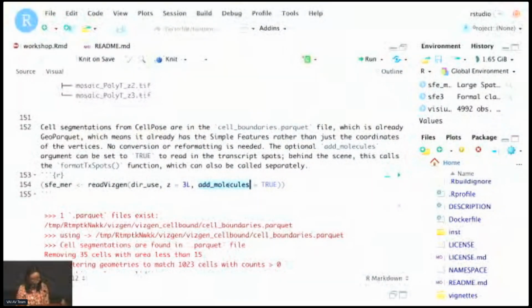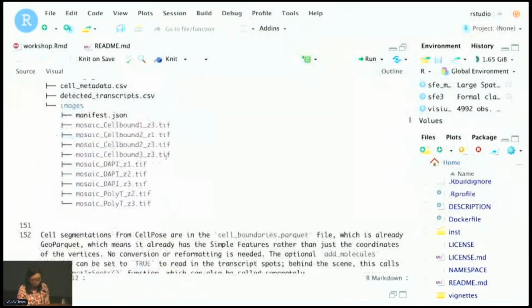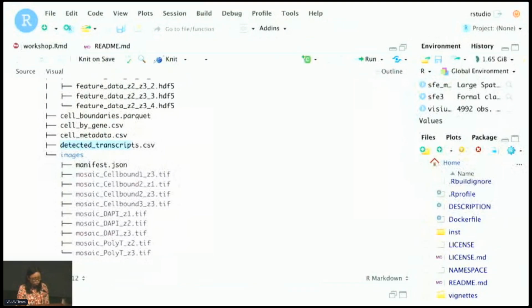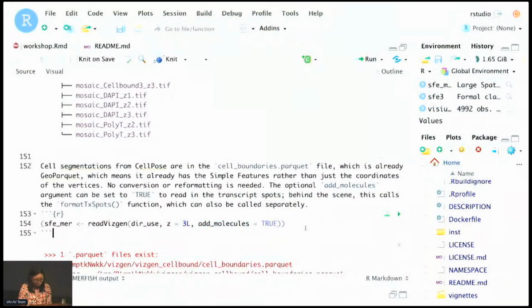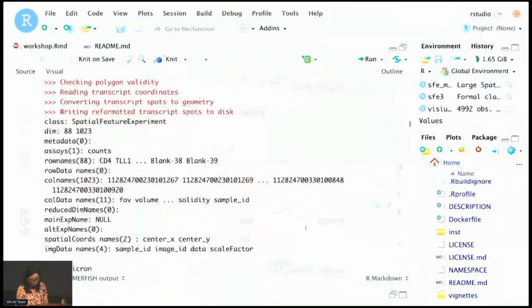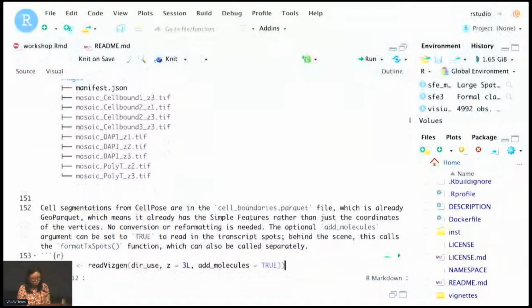And there's the add molecules argument. It's optional, but if you set it to true, the function will process the detect transcripts file, and after processing, the transcripts will be added to the SFE object.